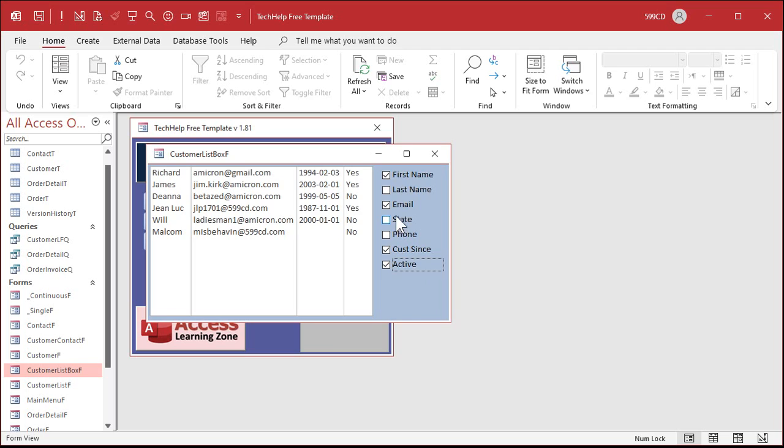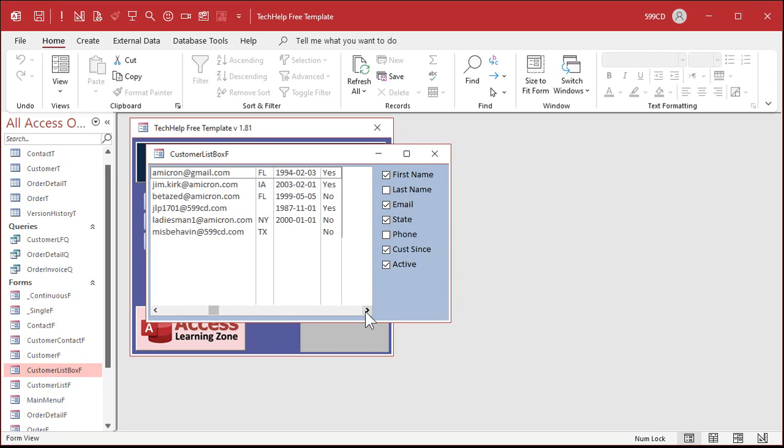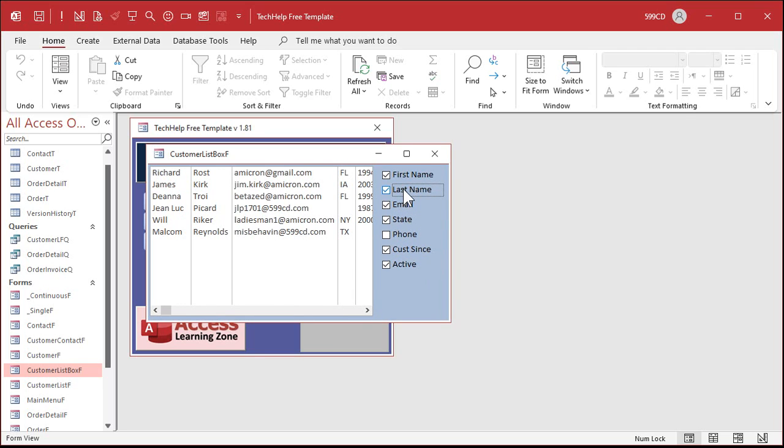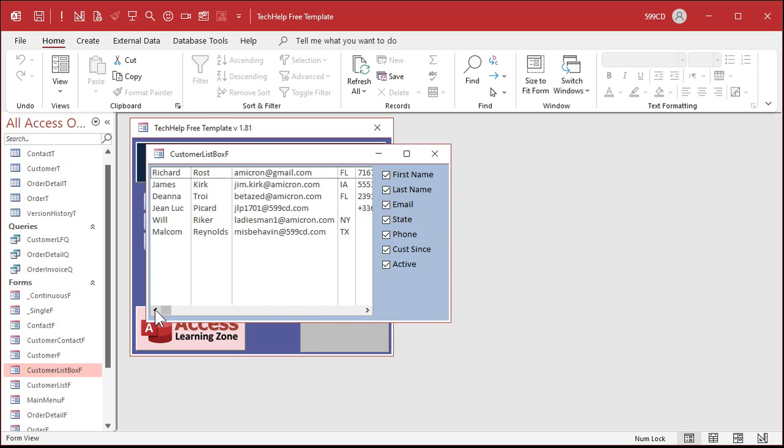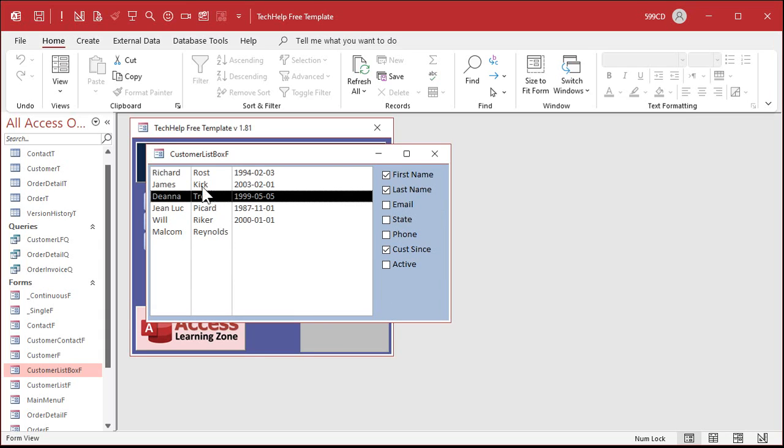Active, state. All right, now it might go too wide. You might have to scroll over to see them all. All right, last name, phone number, there's all of them. You can make this as wide or as narrow as you want. Hide them. See? If you want to make it so you could double click on one of these guys to